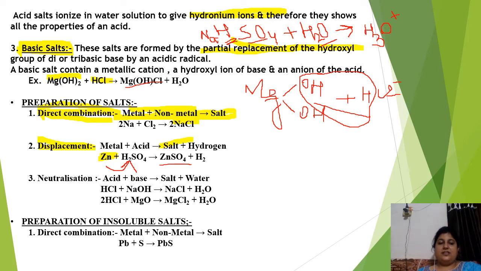The next method is neutralization. Neutralization, we all know very well, is a type of double displacement reaction. When acid and base react with each other, they result in the formation of salt and water. For example, HCl plus NaOH. Its positive ion is H ion. It will react with this negative ion OH and result in formation of water and NaCl. Similarly, when it reacts with MgO, magnesium is a positive ion. It replaces hydrogen and results in the formation of magnesium chloride and a water molecule is released.